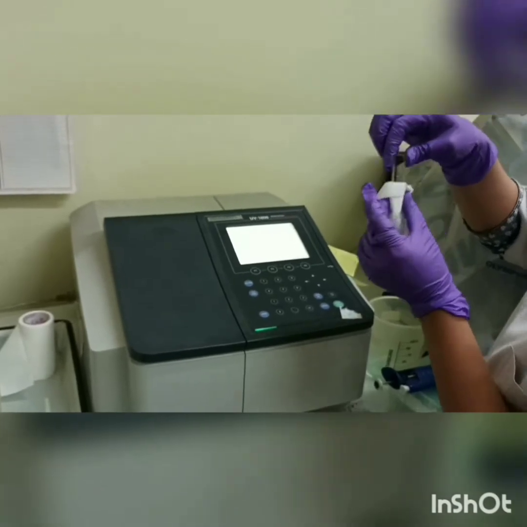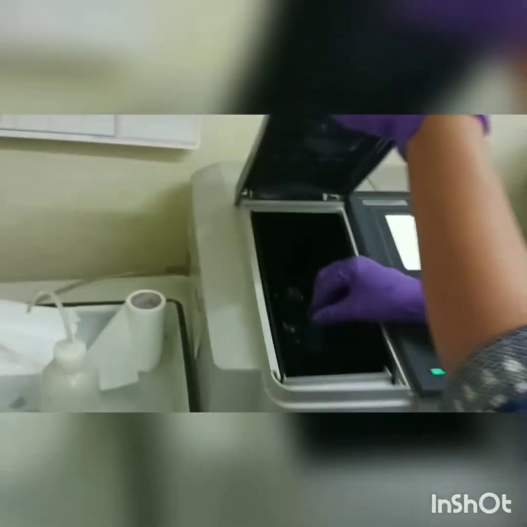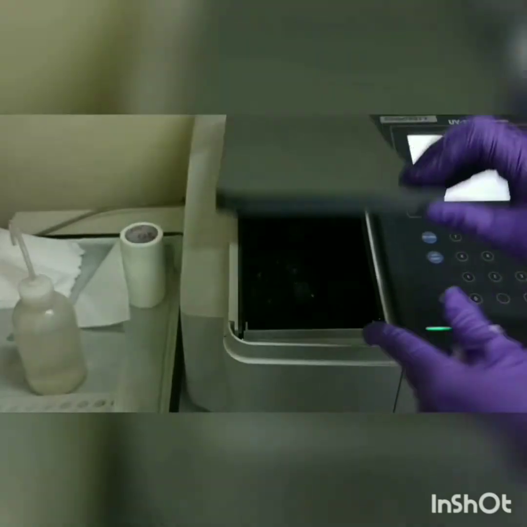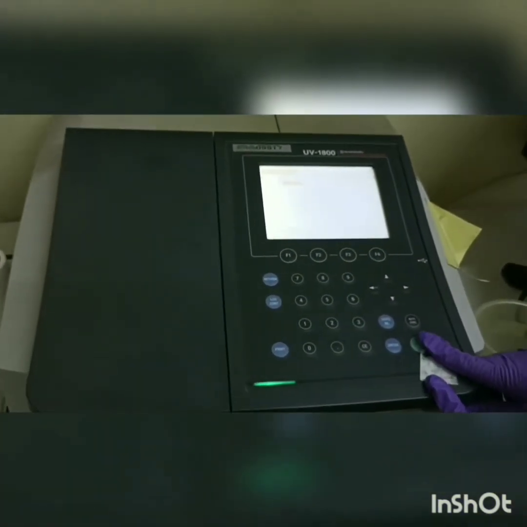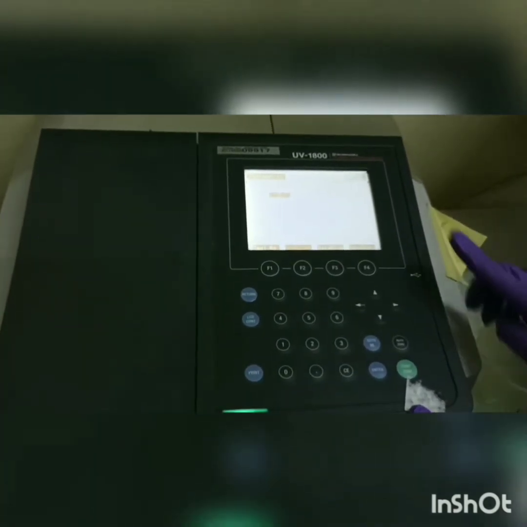Clean the cuvette properly. Keep it inside. Then start the reading. So it will show you the reading.